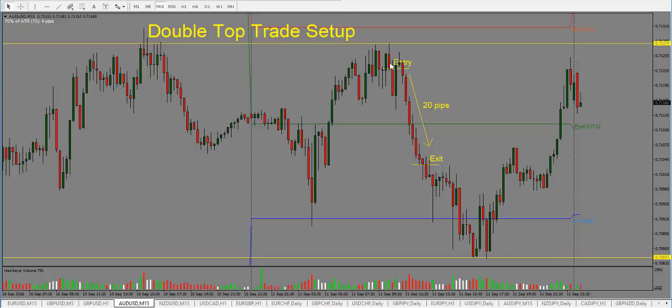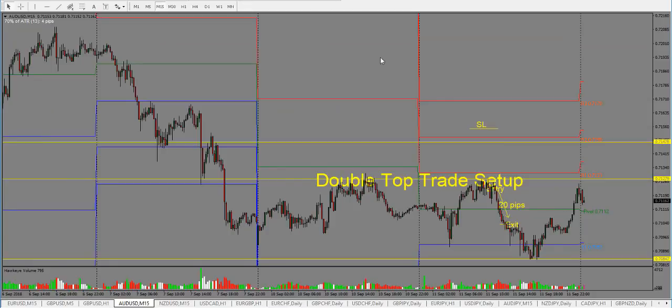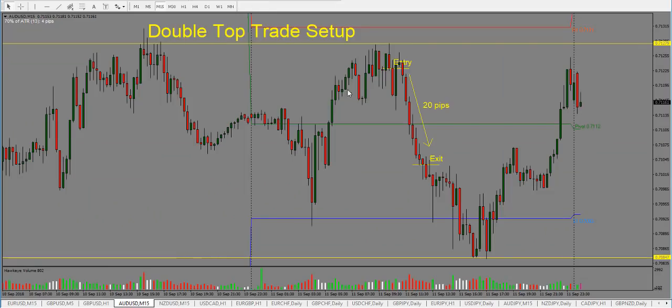So I waited for price to give us this nice bearish candle close here, and that's where I entered the trade short. And in terms of the stop loss, I put the stop loss on the other side of this R2 level because we were very close to R1 here, and I just looked at this support and resistance plus our R2 level. So that's where I put my stop loss. And the target here was all the way into the bottom here,